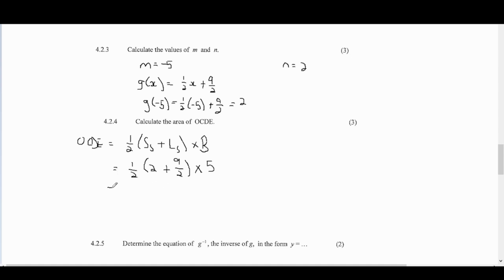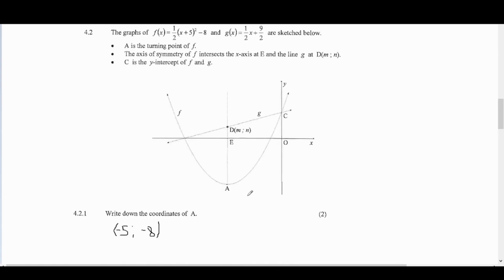Okay, and then you can simplify this. You can type all of this into your calculator, and you would get the answer of 16.25. Right? That's one way of doing it. It's very straightforward. The only odd part, I would say, is if you didn't know this area of a trapezoid going in. There is a different way of doing it, but